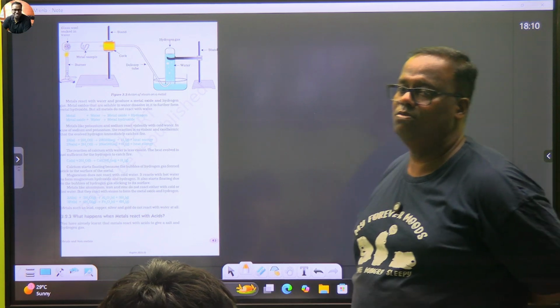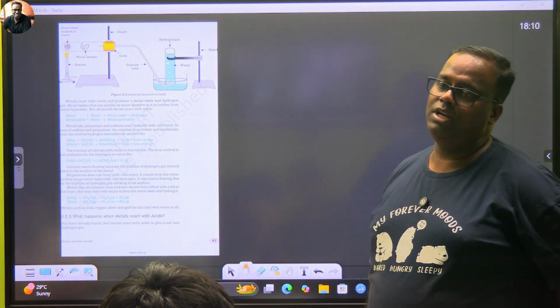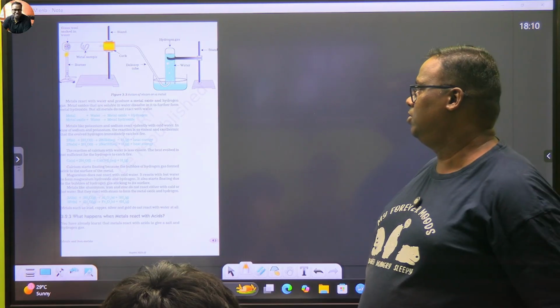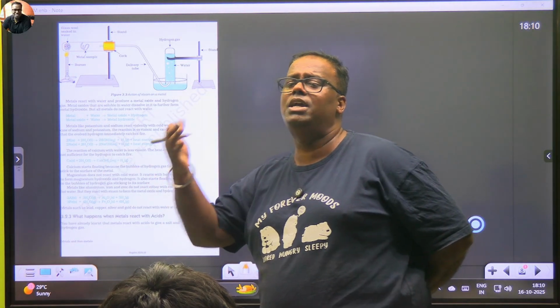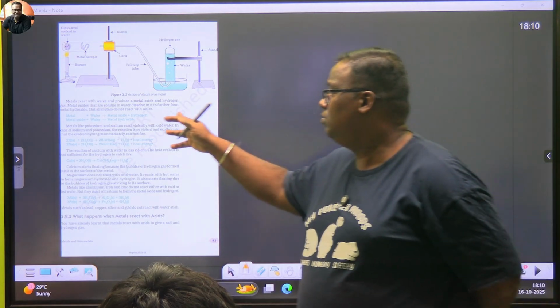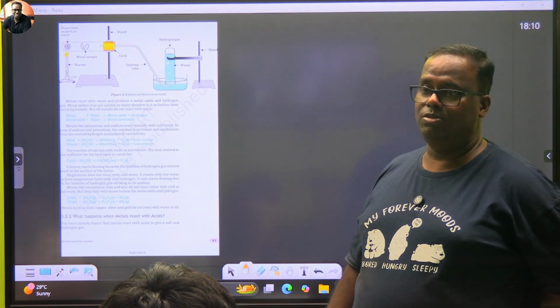Metal plus oxygen will give you a metal oxide, and metal oxide further will react with water to form metal hydroxide. When you react metal with water, you are forming metal oxide. तो भाई hydrogen कहाँ गया? Hydrogen will evolve out. Again, test of hydrogen question may be asked out here. Pop sound if you bring.